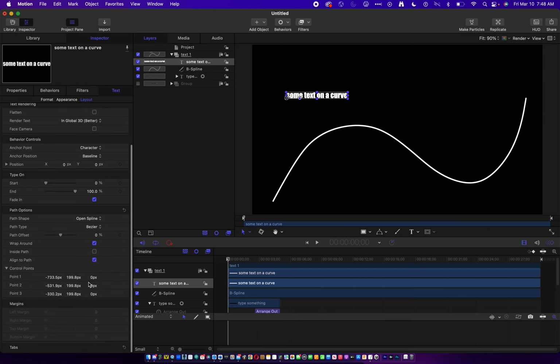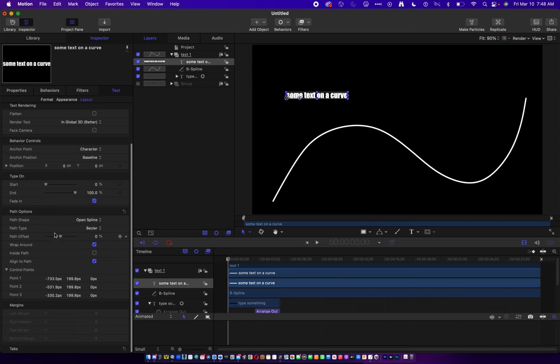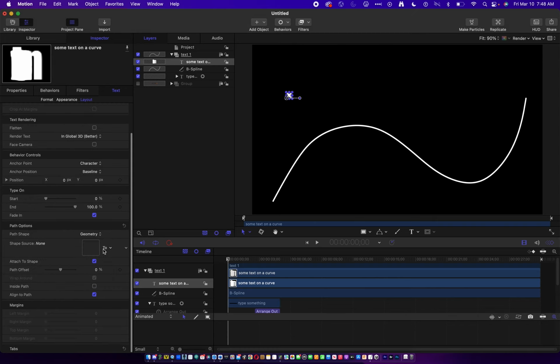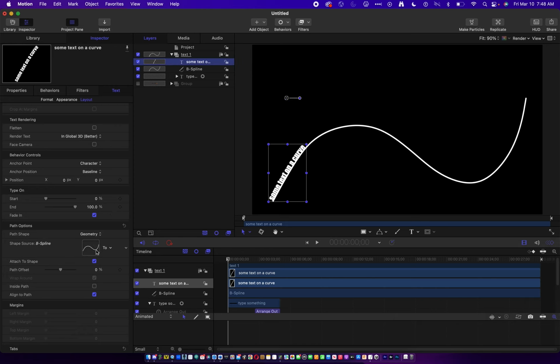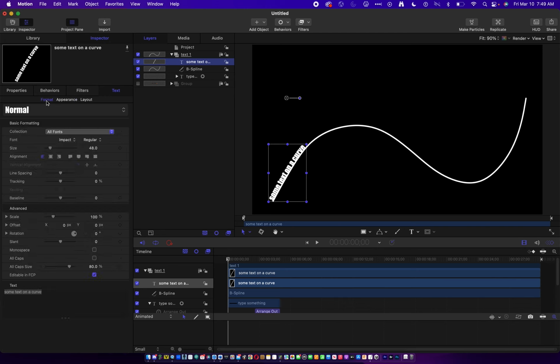And you'll notice down here at the bottom of this area, it asks what the path shape is. Well, we're going to use geometry that we have made. And then it'll say, where is that geometry? And we know that we drag that B-spline into this geometry area. Notice how our text is all crushed up here. So let's take our B-spline, drag it into our geometry area, and you notice it now types it onto the path. And obviously we can now go back to the format tab and increase the font size so it fills up the path,